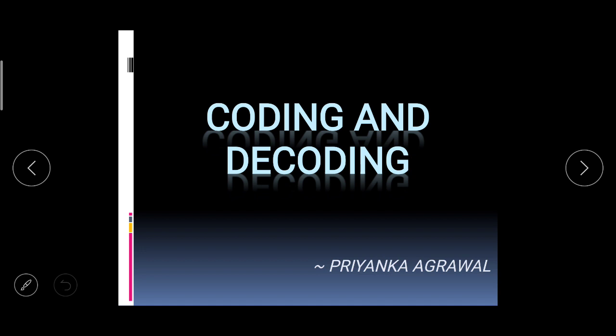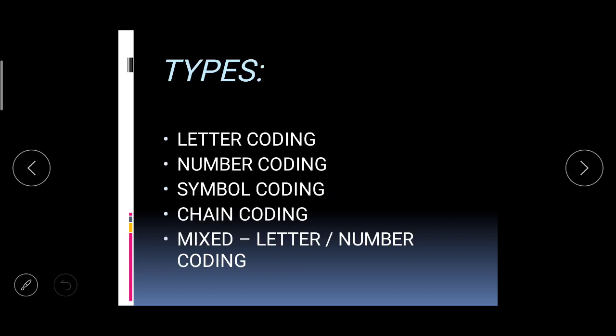In coding and decoding type of questions, we divide the question into two sections. In the first part you need to analyze the pattern, in what format the pattern is given, and in the other part you have to apply that pattern. It's very simple, it's not a very difficult topic. Let's start with coding and decoding.